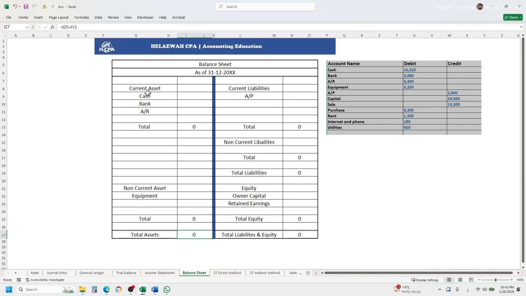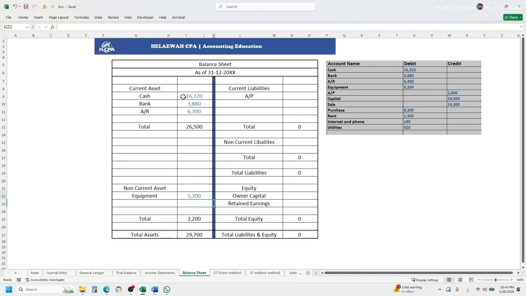Starting now from the current assets, which will convert to cash in less than a year: 16,320, 3,800. Starting with current assets, which are gonna convert to cash or are cash within 1 year or less. Cash 16,320, bank, accounts receivable, and then we move to non-current assets, which will convert into cash in more than 1 year, and we're gonna use them in our operations for more than 1 year,